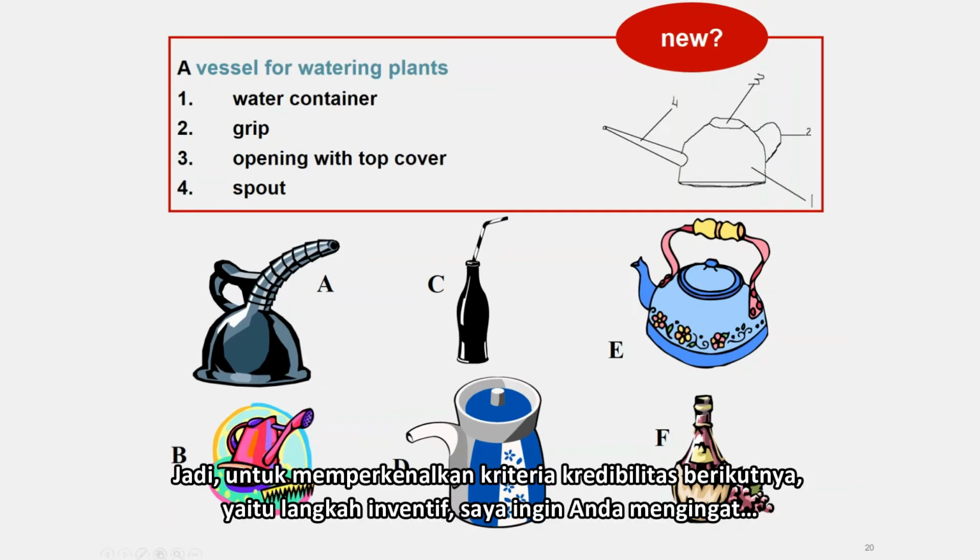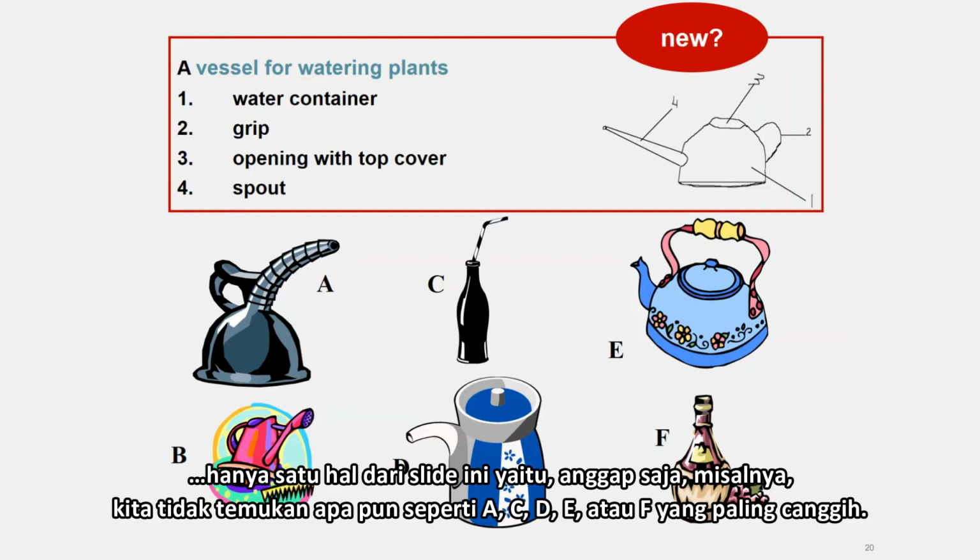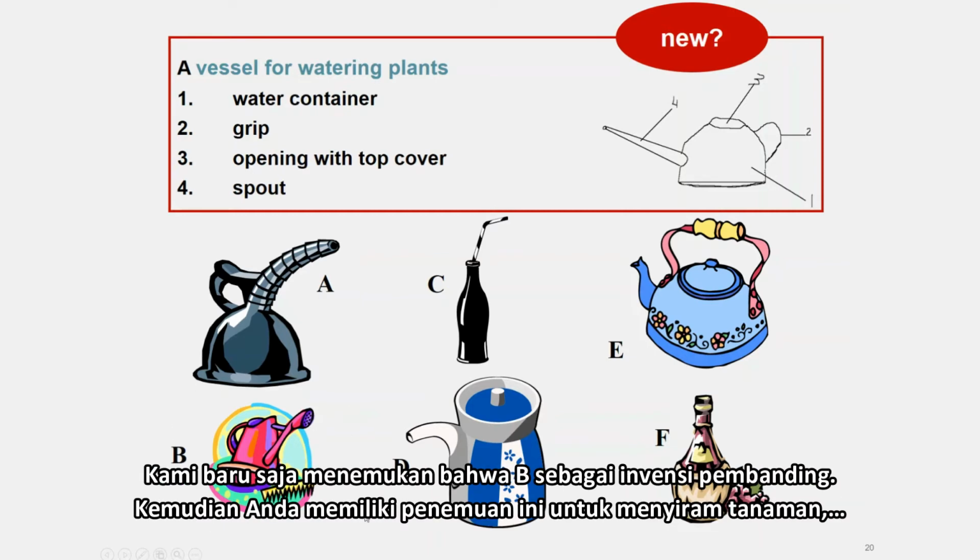So in order to introduce the next criterion of patentability, that is inventive step, I want you to remember only one thing from this slide. That is the case B. Let's think that, for example, we did not find anything like A, C, D, E, or F in the state of the art. We just found the B in the state of the art, and you have this invention,